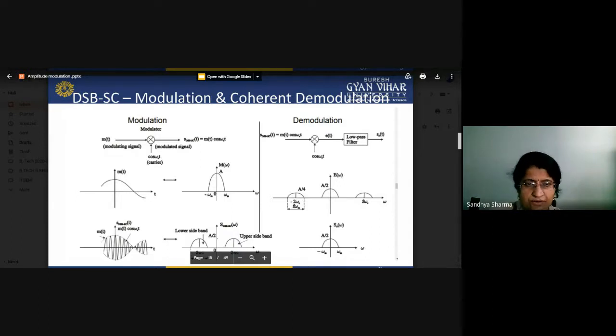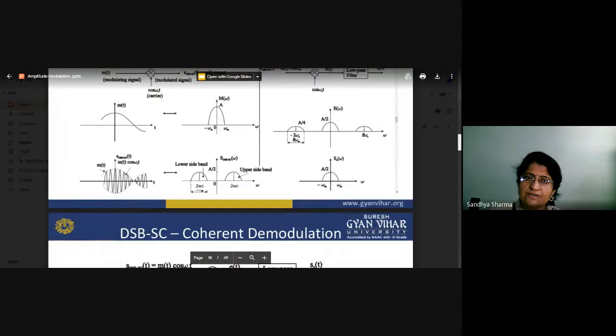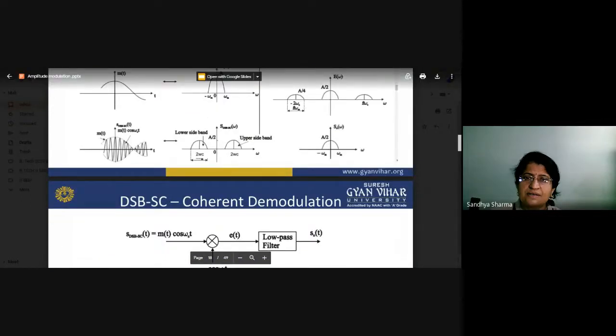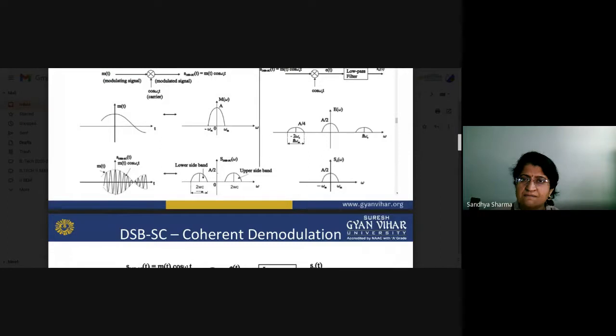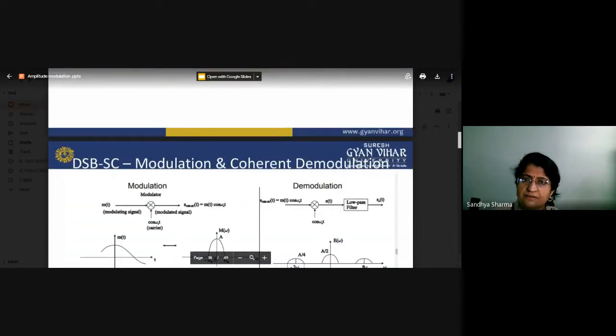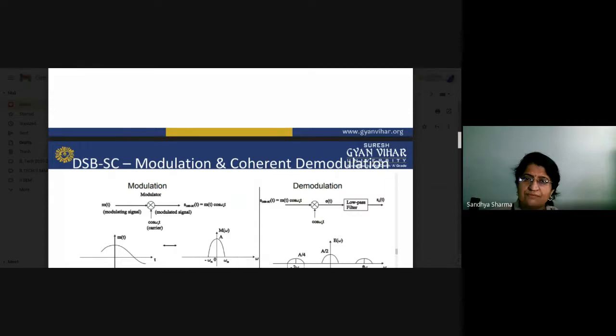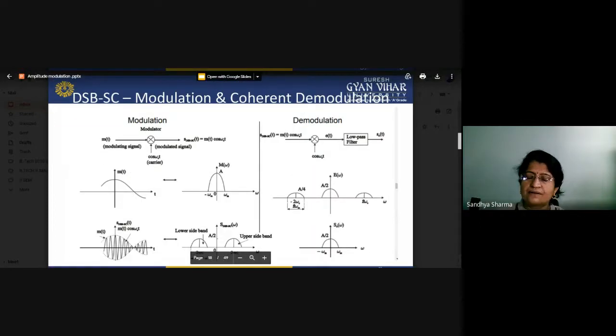According to that, there is a frequency. This is the normal frequency spectrum. This is the spectrum at the high amplitude A. You can see there are two sidebands, lower sideband and upper sideband, carrying the information. You can see the spectrum pattern, A by 4 and A by 2, half the amplitude, and again half after that. So that is basically demodulation. For demodulation, we multiply with our carrier signal again and then pass it through the low pass filter, and we can recover our wanted signal.